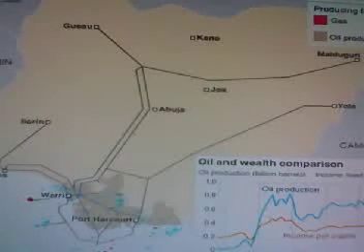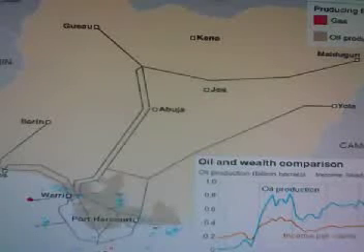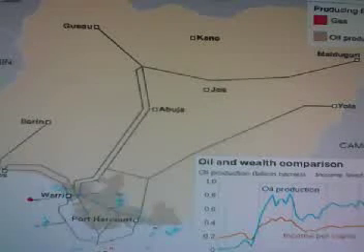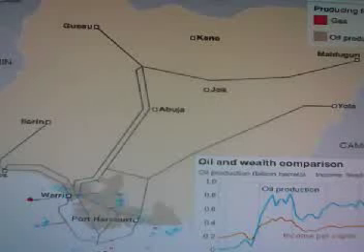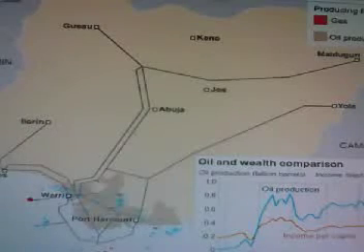Up in the top right you have Maiduguri, below it you have Yola, then the center top Kano, below it Jos, center top left you have Gusau, below that to the bottom left you have Ilorin, and you have Lagos, and you have Warri, Port Harcourt. Okay, so we go on to the next chart.